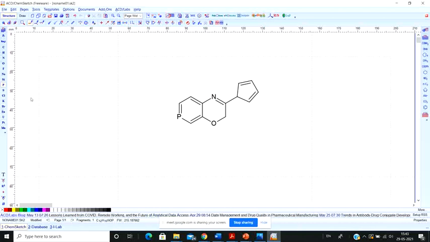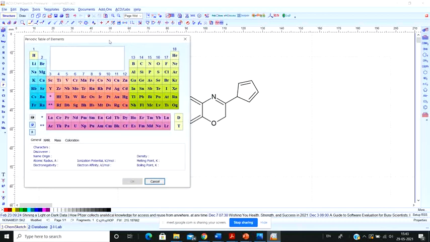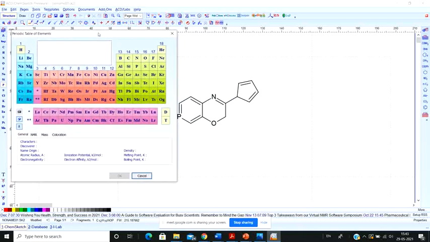First of all, let's see, suppose you need to add another element here, and that particular element is not mentioned. Suppose you need to add magnesium. Can you see magnesium in this panel? You can't see magnesium, right? So how would I get magnesium? See, in the same field, just move a little bit up and you're going to find the periodic table of elements. If you hover over it, it says periodic table of elements. Click on it, and the periodic table of elements is shown.